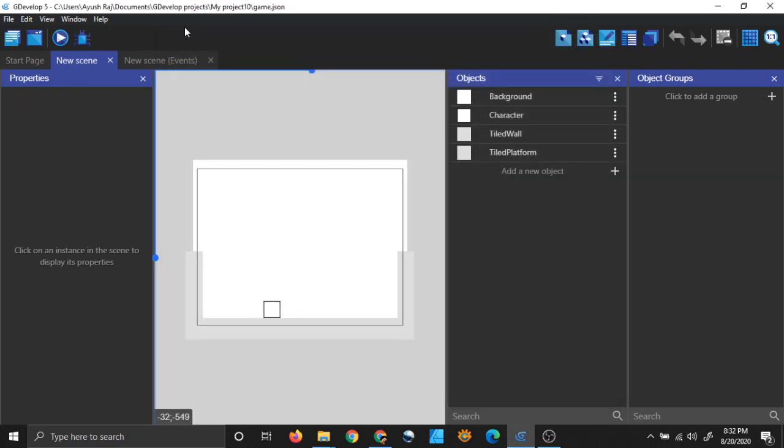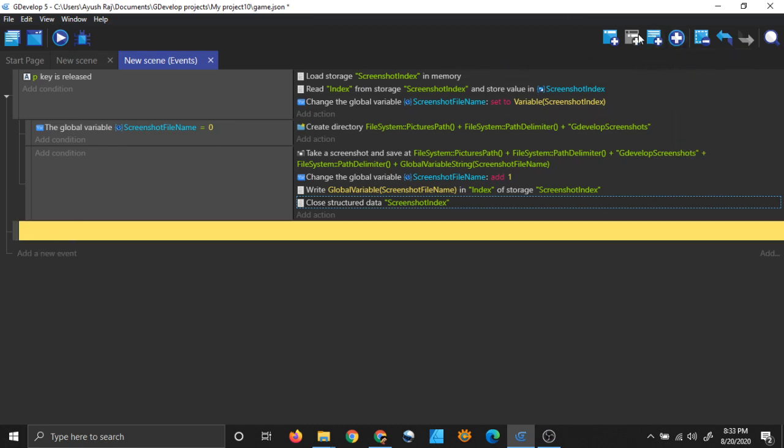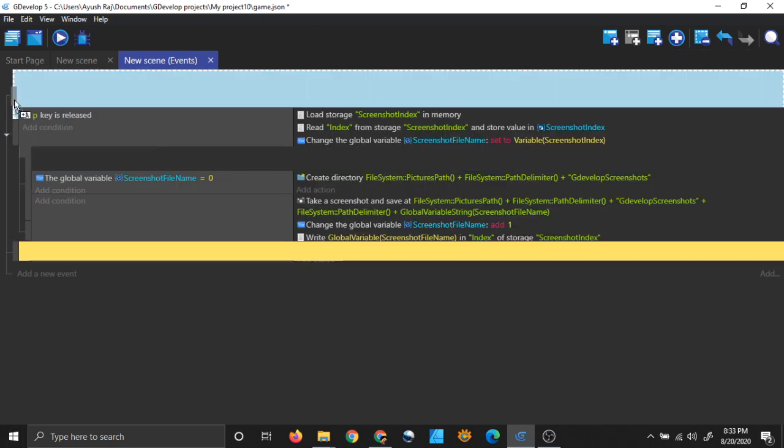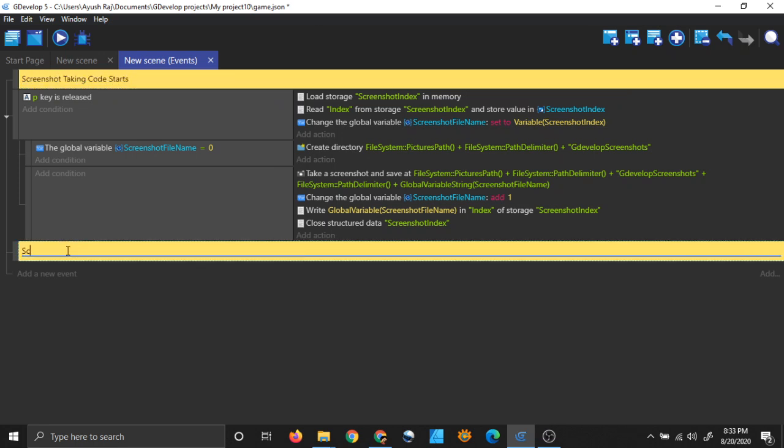I will put this project on GitHub, and you can copy this code into your own game freely for any purpose and use it to take screenshots. Let me comment it properly so that it is easy for you to simply grab the code and paste it in your game. Screenshot taking code starts, and here screenshot taking code ends.